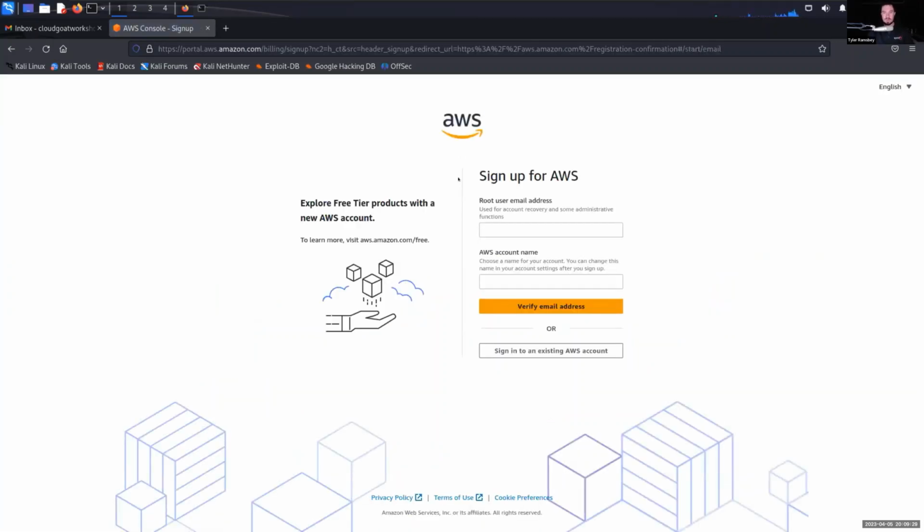Okay, so what we're doing here is setting our user email address. So you see root user email address. It's really just the email that you're going to use for this AWS account. And one caveat I want to note for you guys, do not use an AWS account that has anything